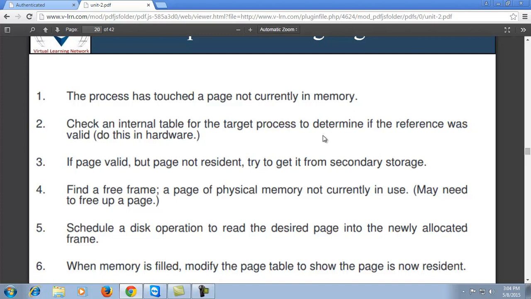Internal table reference and getting the support from memory. If that reference is valid and that reference is available inside the memory, then it gets the support and the content is displayed on the screen. Otherwise,